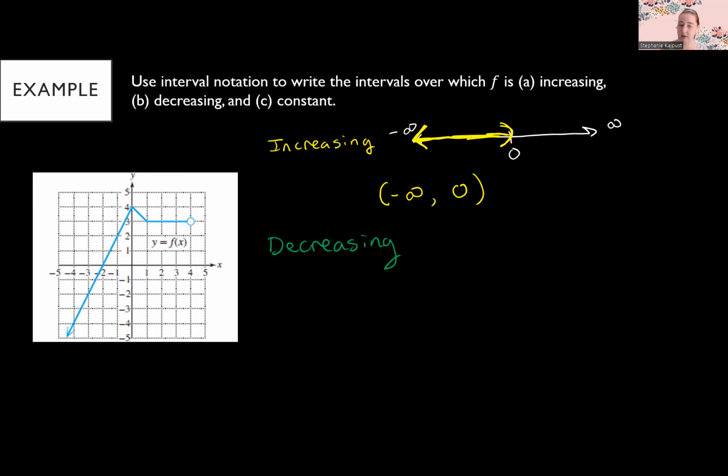So we are decreasing. Where are we going down? Well, our graph is going down in this very small section, basically on the x between 0 and 1. So right, that little tiny section right there. And then that's the only part it's going down. So I'm going to write my number line here. We have negative infinity to infinity, and between 0 and 1,